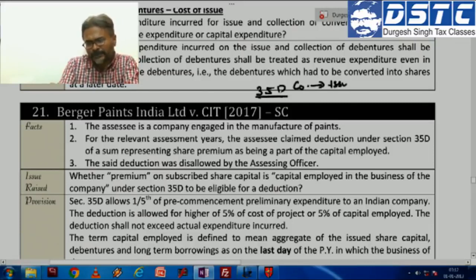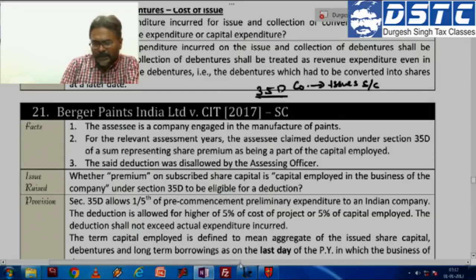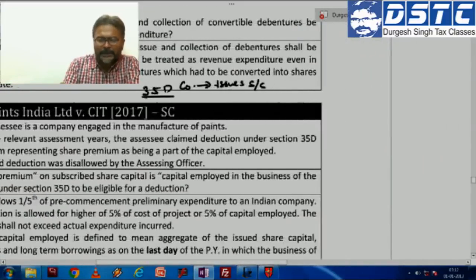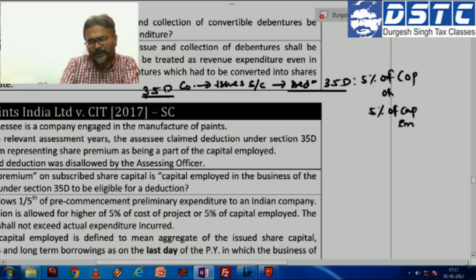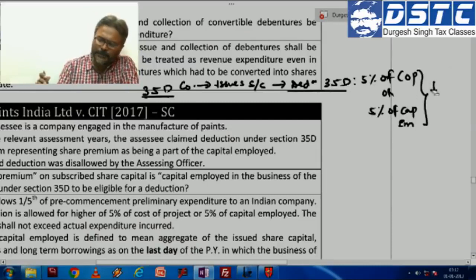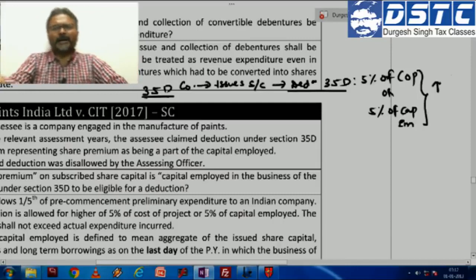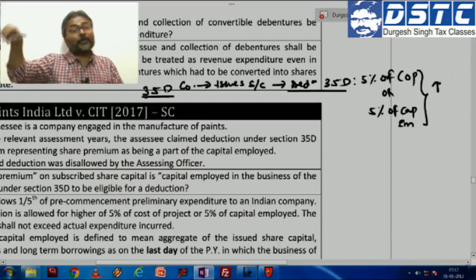So when the company issues a share capital, at that particular point of time, the deduction under section 35D is 5% of cost of project compared with 5% of the capital employed. Thereafter, it is higher of the two in the first comparison, and whatever is the qualifying amount arising from this, that qualifying amount will